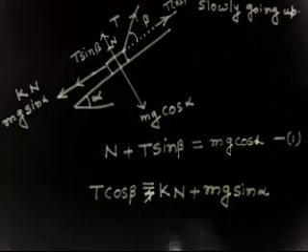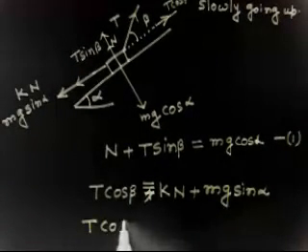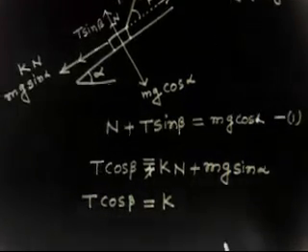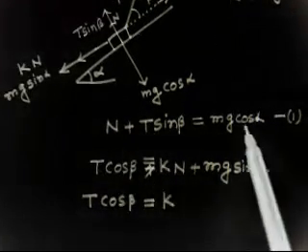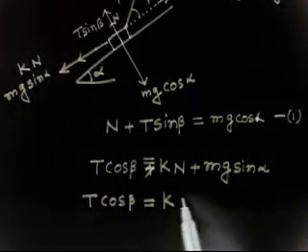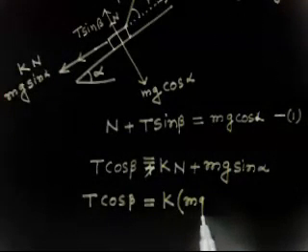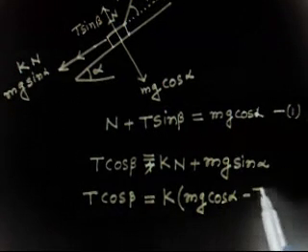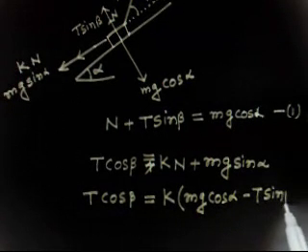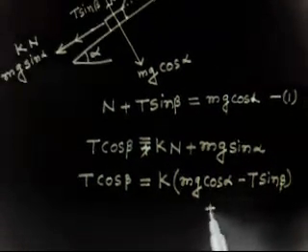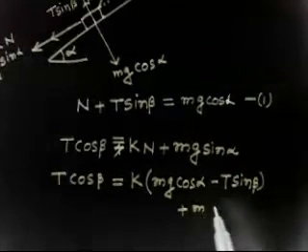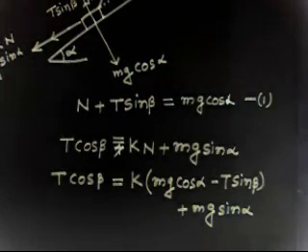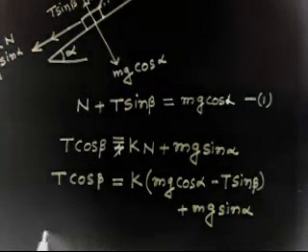Are you getting? So this means T cos beta is equal to K times N, and the value of N we can find from here, that is mg cos alpha minus T sin beta. So N is mg cos alpha minus T sin beta, plus mg sin alpha. Are you getting? Now if I take T this side, so I will have T